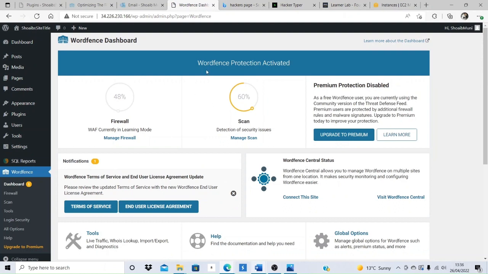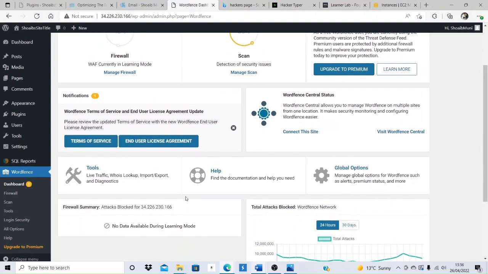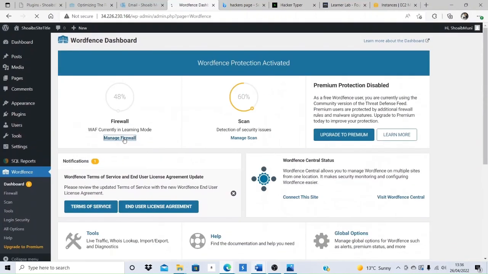As you can see, the Wordfence dashboard. Wordfence protection is activated. Of course, I can't do the premium protection as this is disabled, as I have to upgrade to premium. So what security features are actually implemented in my WordPress site? If I click on Manage Firewall,